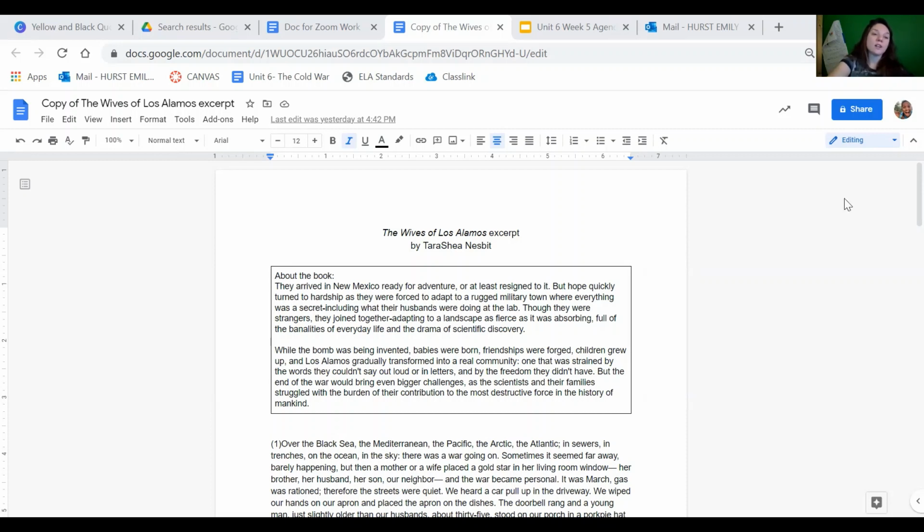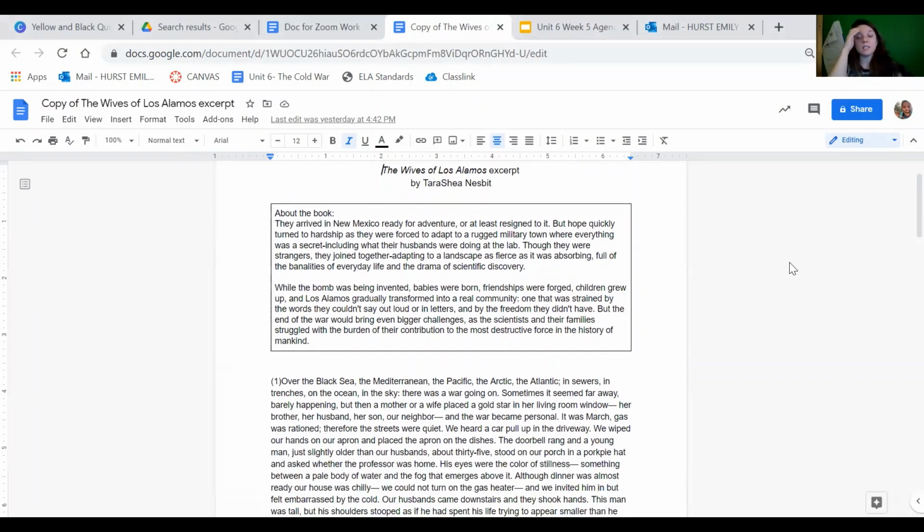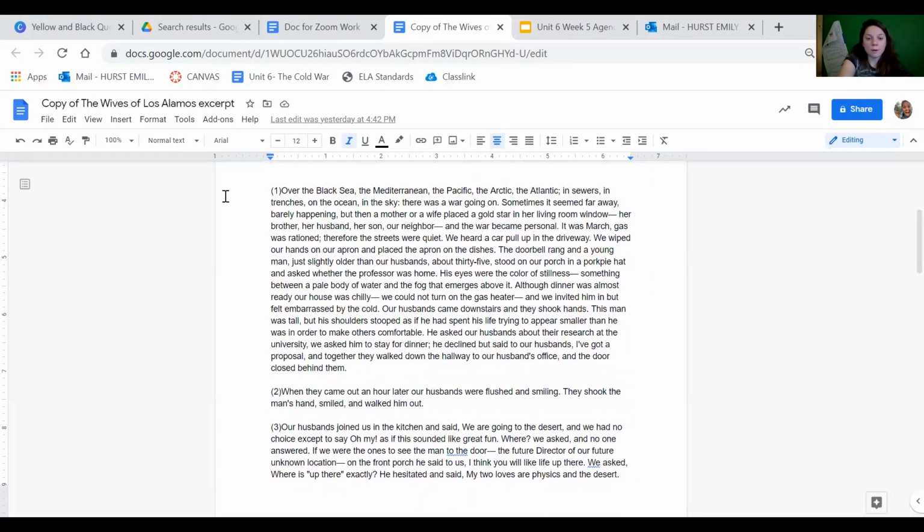All right, so we're going to go ahead and start our close read for character development. It is important for you to remember that you should write any answers to questions that I ask, because that will help you when we get to the end task, okay? So we're going to start with paragraph 1, which I've numbered my paragraphs. In this paragraph, what words describe the narrator's relationship to the war? How is the narrator affected by the war? Why did the author include this description?